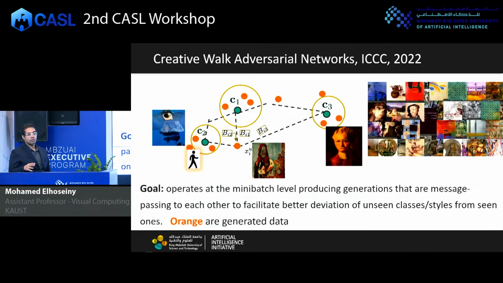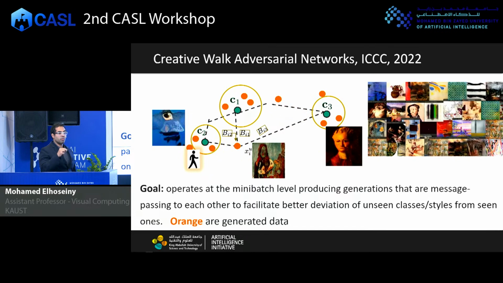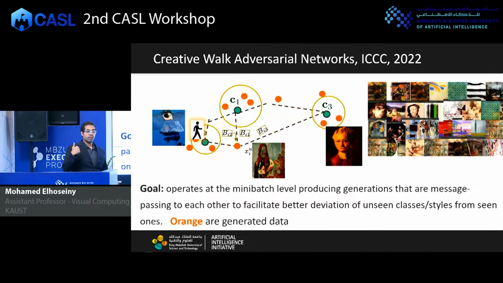build a dynamic graph over existing art style centers, C1, C2, C3. I won't have time to go over the technical details because those exist in the paper, but the key idea is like this. It builds a dynamic graph that connects seen art style centers in green to produced images in the current mini batch that are colored here in orange. And it formulates a random walk that starts from every seen class center, goes through the generated orange images, which are the current images produced by the generator in the current mini batch, and encourages the landing probability over seen art styles to be entropic.